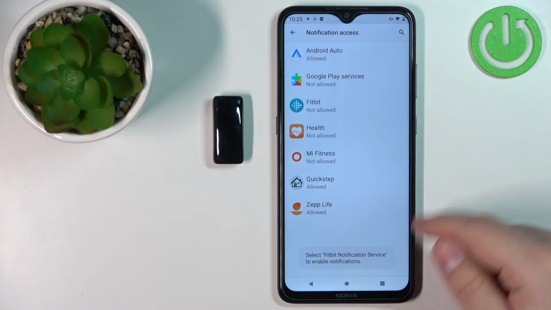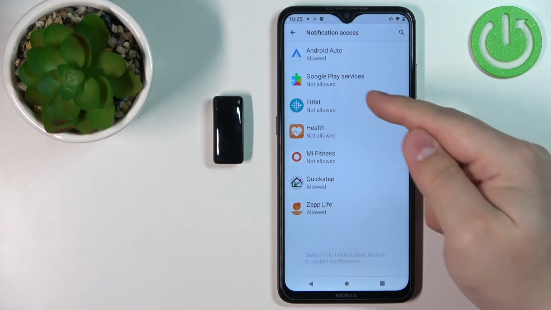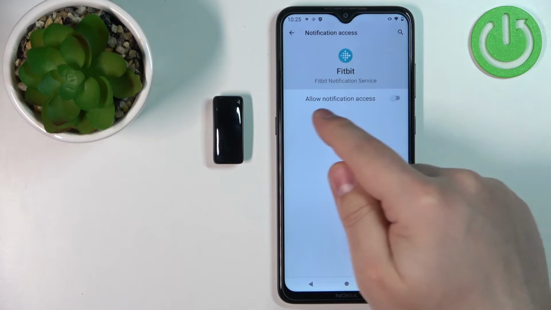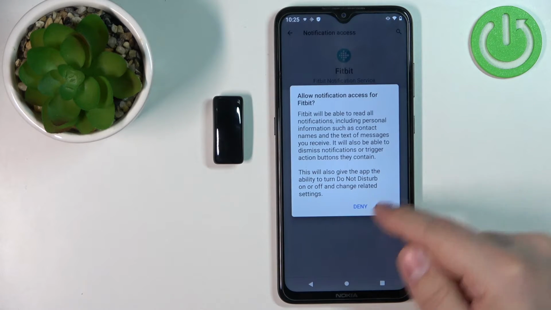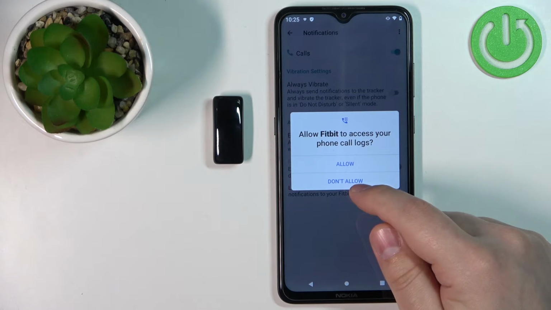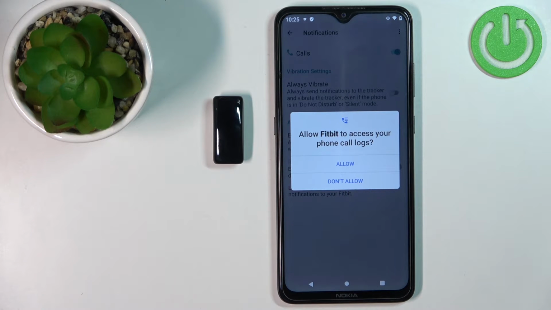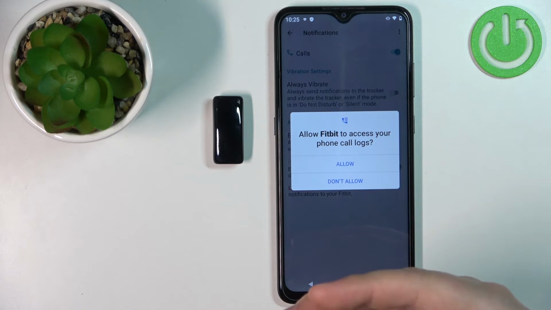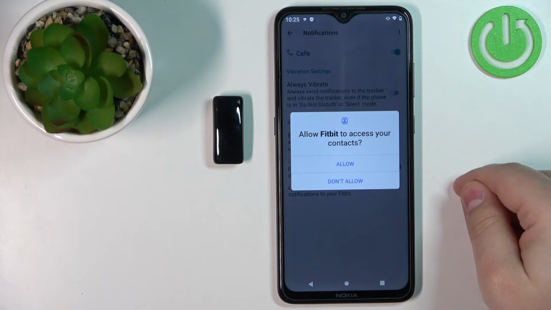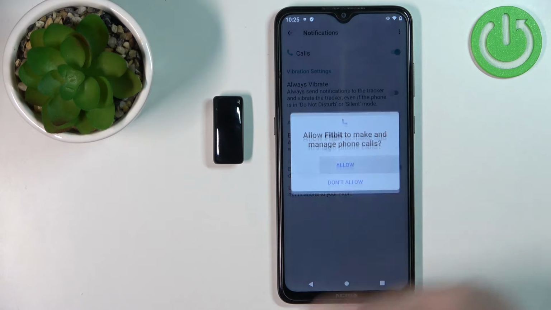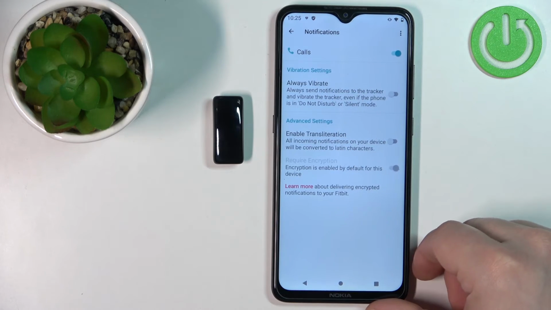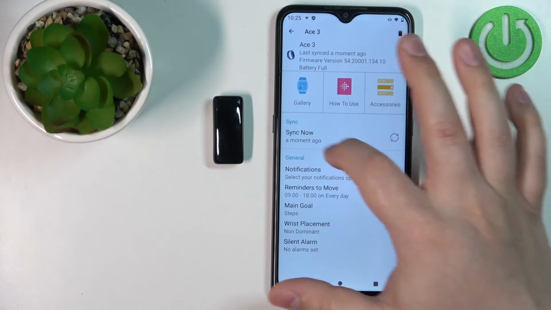It will redirect you to this page, notification access. Find the Fitbit application on the list, tap on it, tap on the switch next to allow notification access, tap on allow, and you can then allow more permissions. Basically, you need to allow them for the notifications to work. And as you can see, we have the call access or access to call logs. We need to allow it, contacts, phone calls,